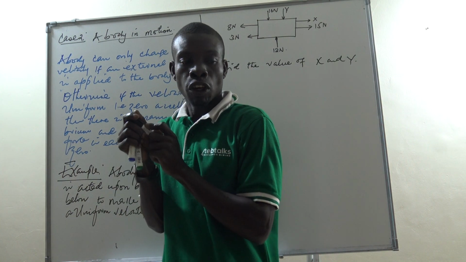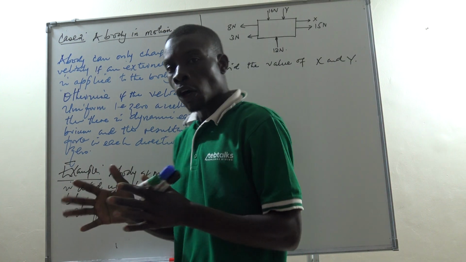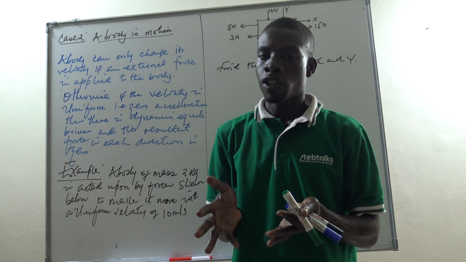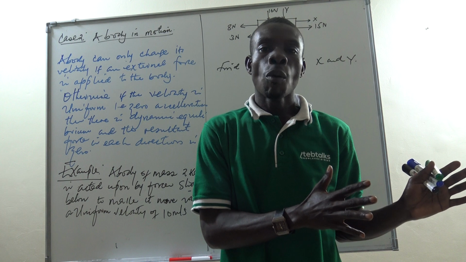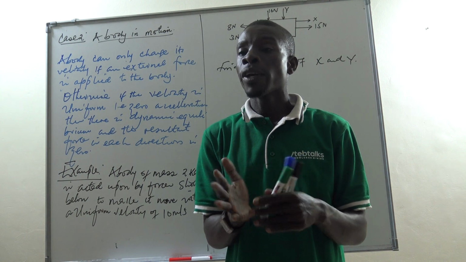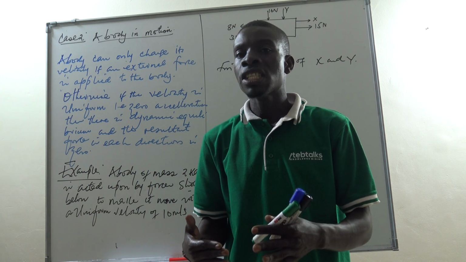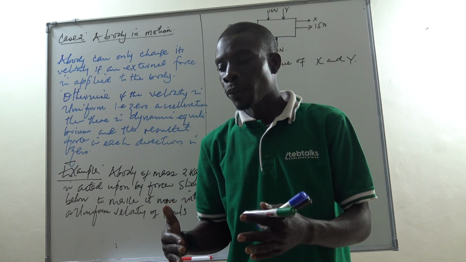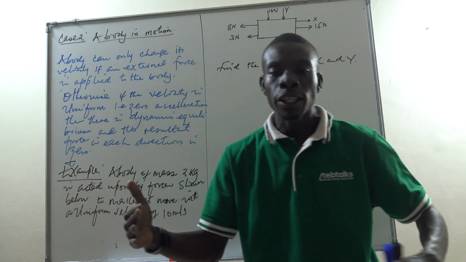Okay? So, we are saying, please don't forget this, that the moment a body is moving with uniform velocity, forces in the direction of motion are equal to forces opposing motion. We shall clarify more about that when we come to Newton's second law. But still, the truth is, a body moving at a constant velocity is in a state of equilibrium, in that it is no longer increasing the speed, it is no longer reducing the speed.